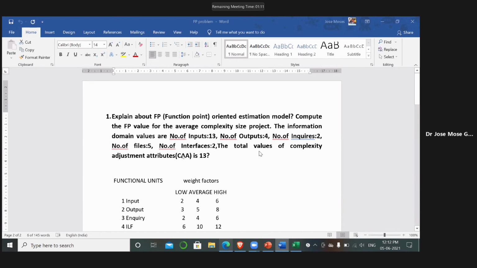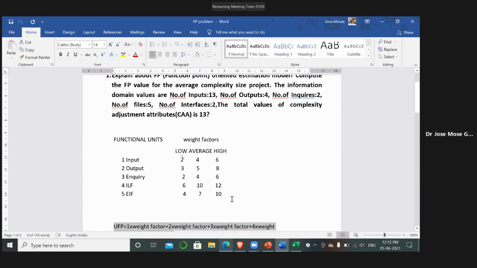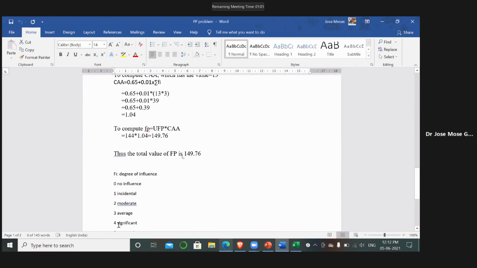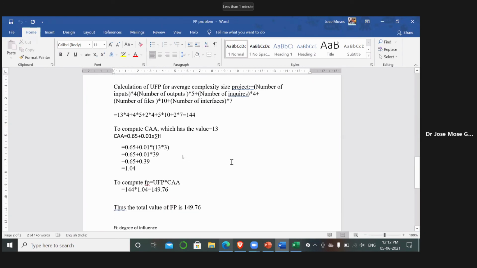We are calculating the program for average complexity. So what is the degree of influence for average? 3. Okay, so we need to multiply that 3 with the 13.